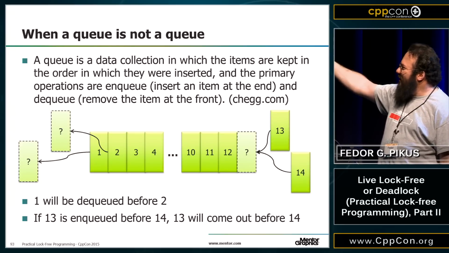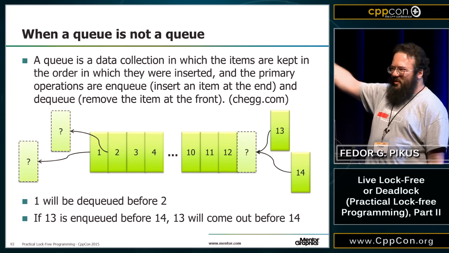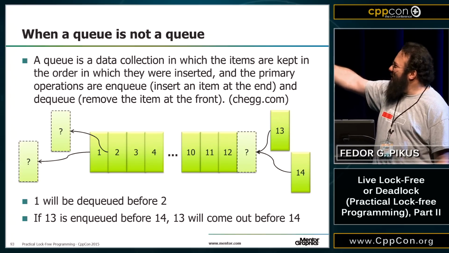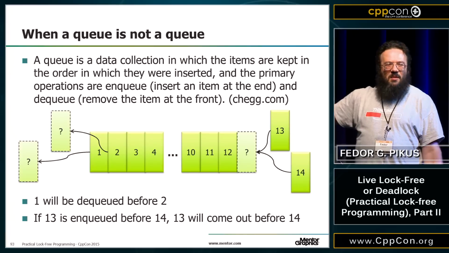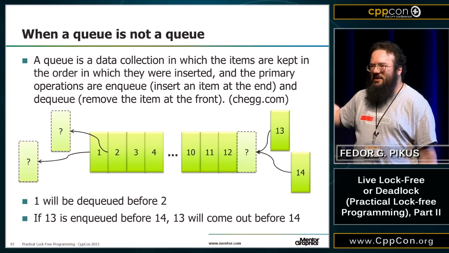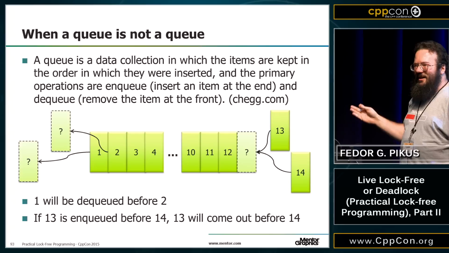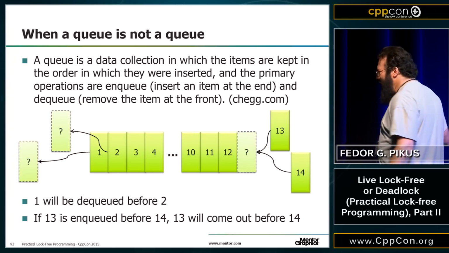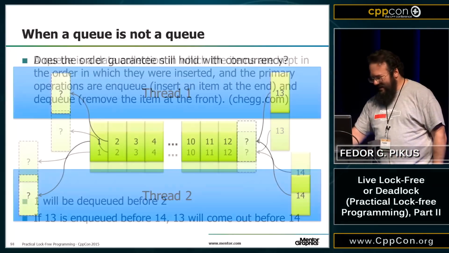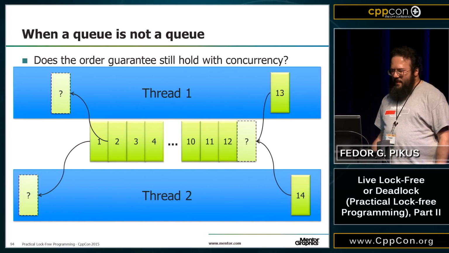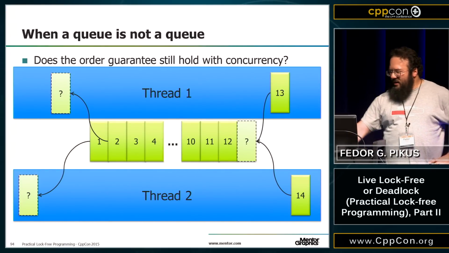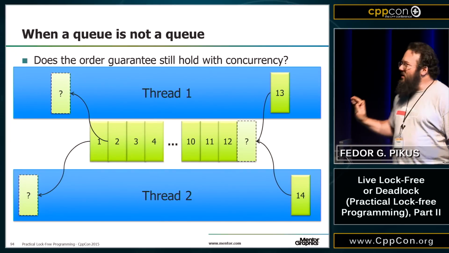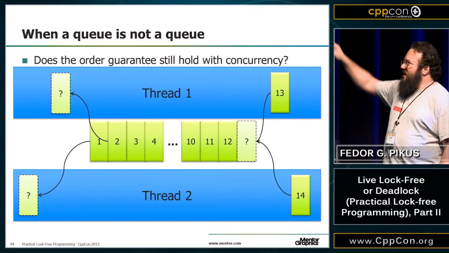What's the difference between a queue and a stack? They could come out 12, 11, 10, and so on. Maybe they come out in that order. It would be more like a stack, but could they come out in that order? Well, if you have enough threads, yes, they could. Okay, so the ordering guarantee really doesn't hold with the concurrency, and it cannot hold, because even if they get